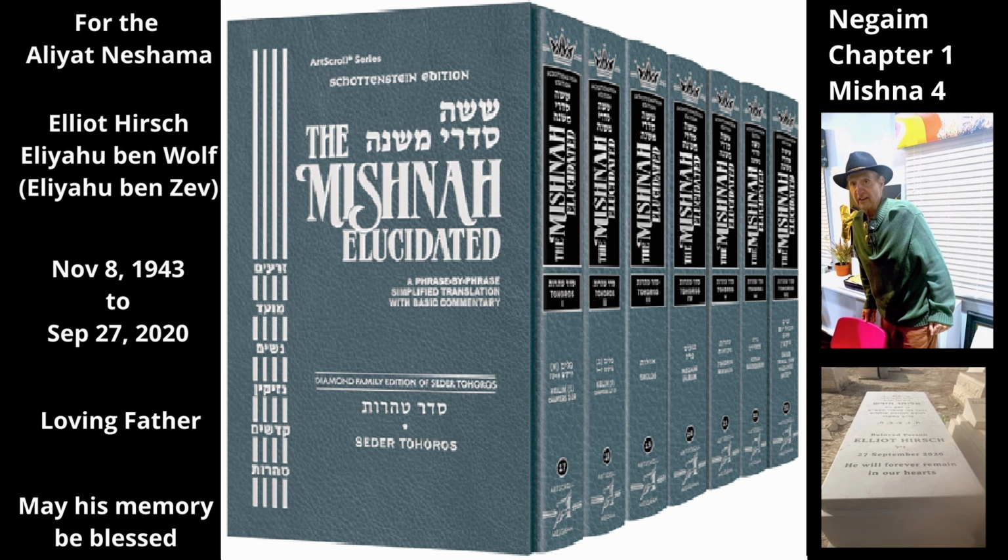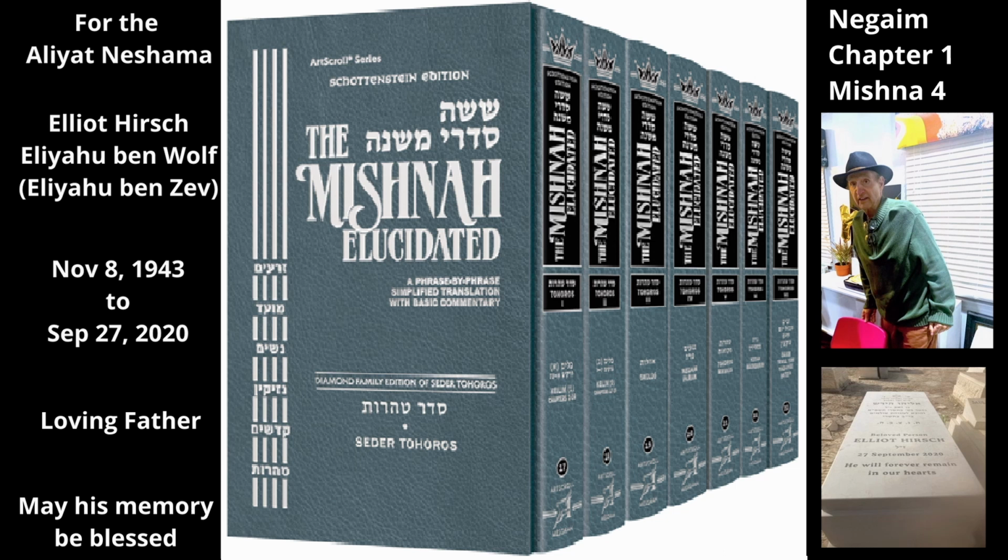3. Tsaras that appears in an area in the head or beard that is missing hair, but the hair will eventually grow back. This type of nega is called nesek. 4. Tsaras that appears on a normal bald spot on the head whose hair will not grow back. This tsaras can be either on the back of the head, called karachas, or on the front part of the head, called gabachas. 5. Tsaras that appears on clothing. 6. Tsaras that appears on houses.